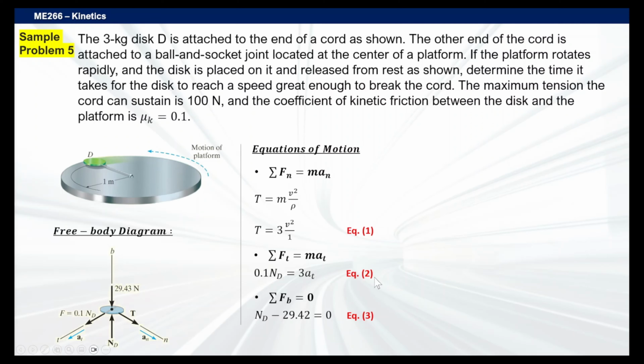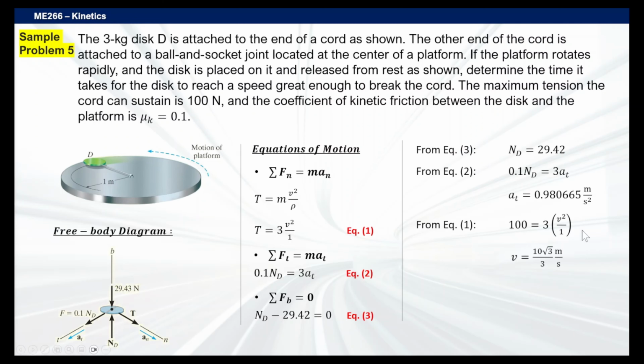And I believe, once we solve for acceleration from equation 2, we can solve its velocity technically, and now we can solve our tension. So we're going to do it simultaneously, but I just have a quick shortcut here, and it'll be something like this. Ta-da! There we go. So the tangential acceleration here will be 0.98066 meters per second squared. Our equation 1 here, as for equation 3, that's 29.42. Equation 2, we'll be able to get tangential acceleration. And then from equation 1,